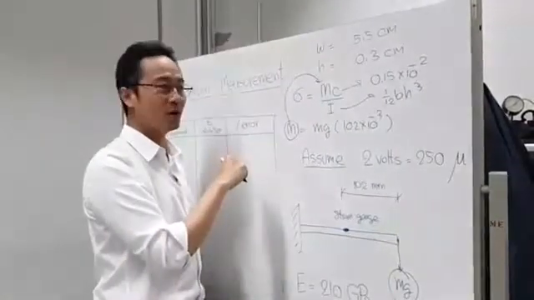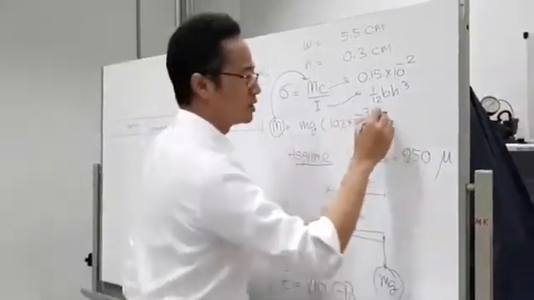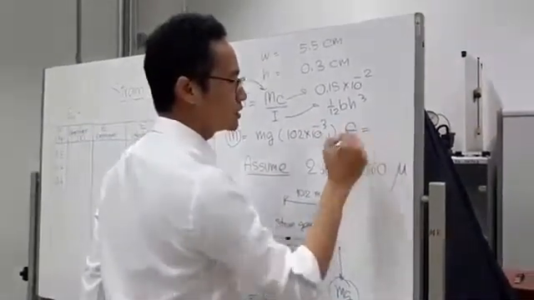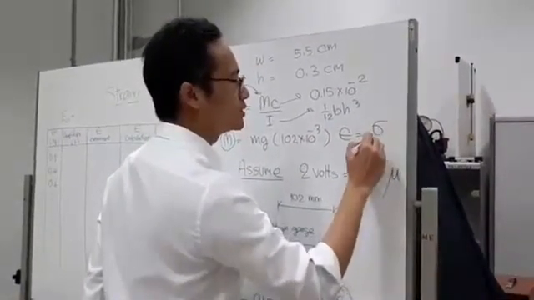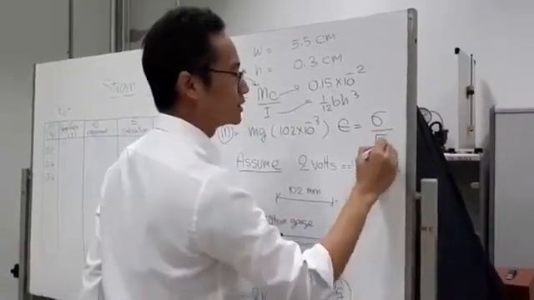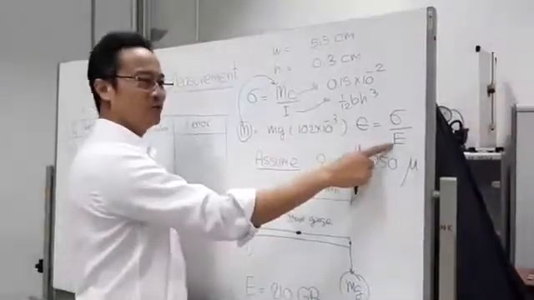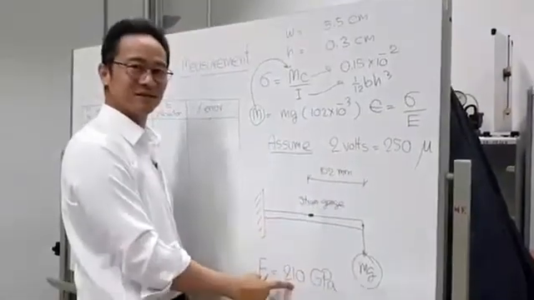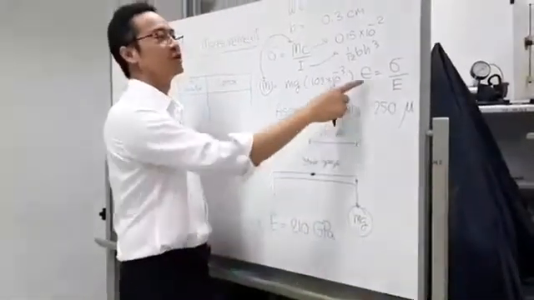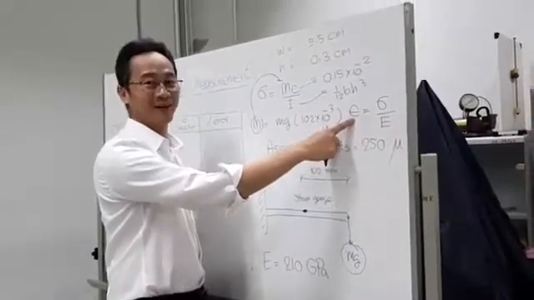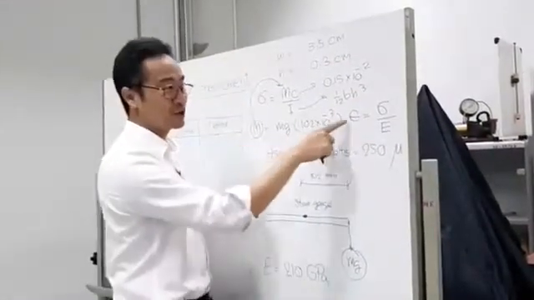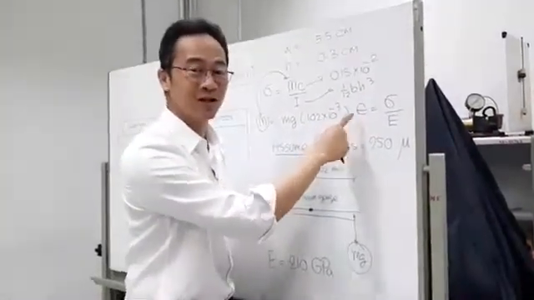And how do you find normal strain from calculation? Normal strain equals normal stress over Young modulus. Could you find normal stress? Yes. Do you know Young modulus? Yes, 210 gigapascal. So you could calculate the normal strain. Now, this is the normal strain from the calculation. Now let's say that